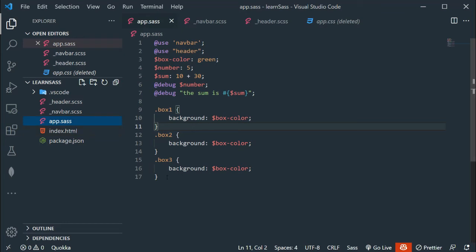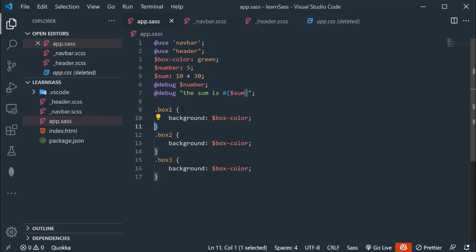Now in this file, instead of curly braces we have to use indentations. Indentations basically means some empty spaces, and the SASS extension basically uses indentations instead of curly braces.